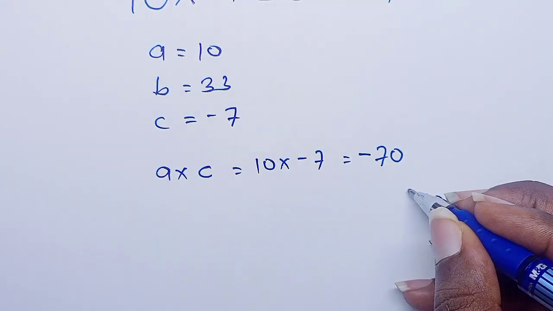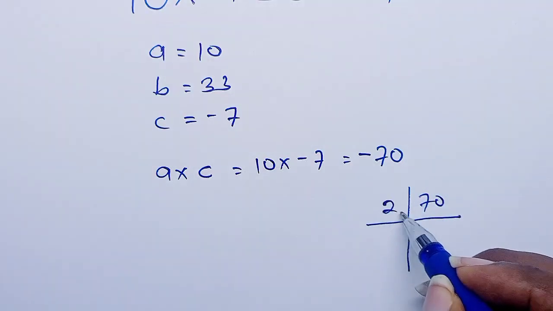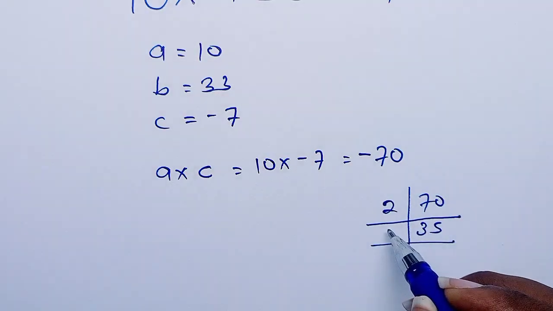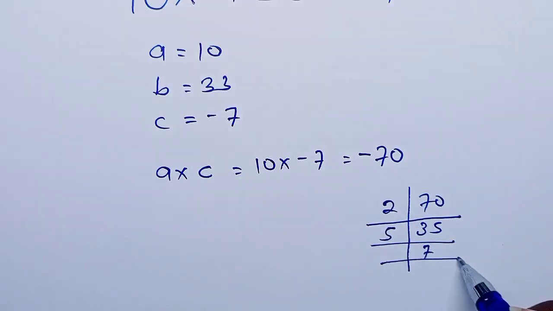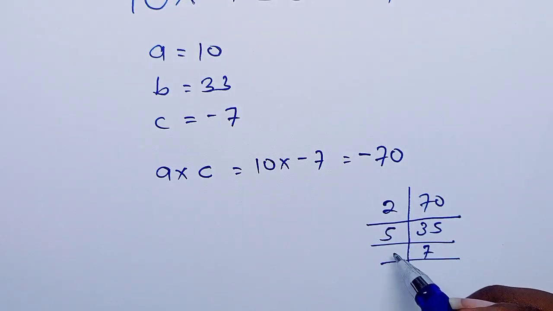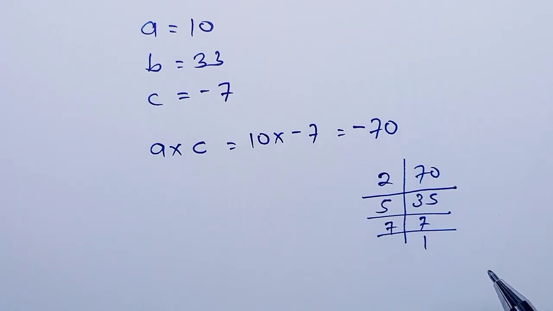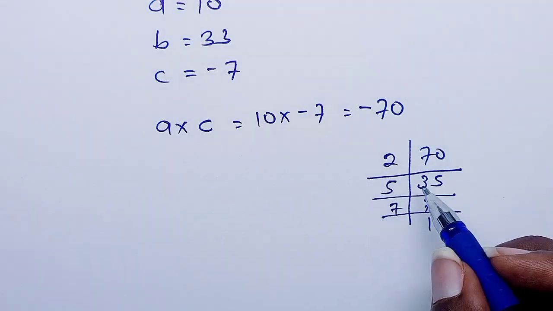So 70 can be divided, when you divide 70 by 2, you get 35. Divide 35 by 5, you get 7. 7 divided by 7, you get 1. So here, you can get the factors from this,